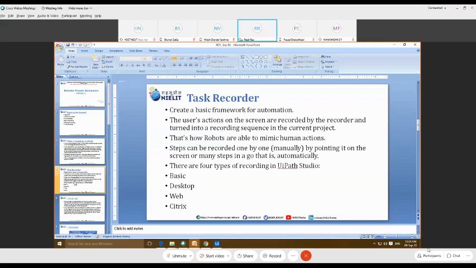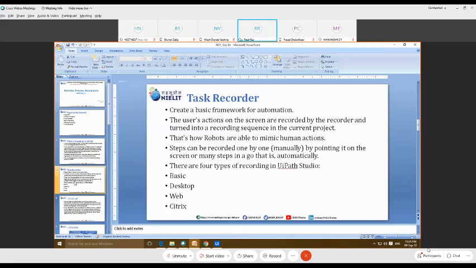That's how robots are able to mimic human action: the steps can be recorded one by one manually, or automatically by pointing on the screen, or many steps in one go.